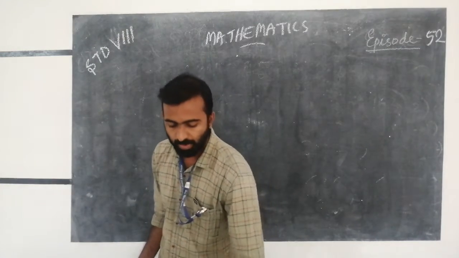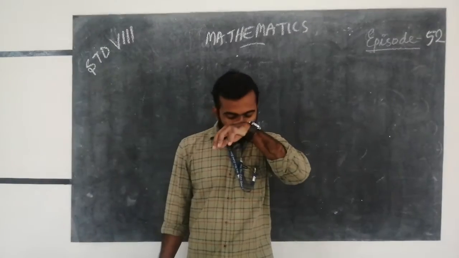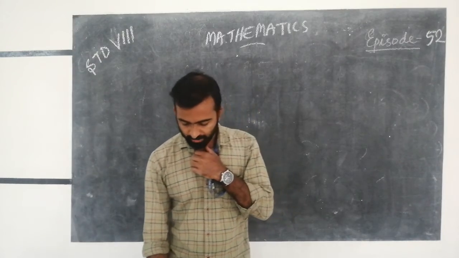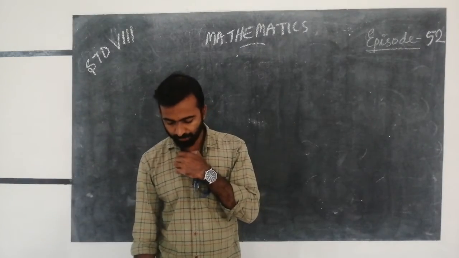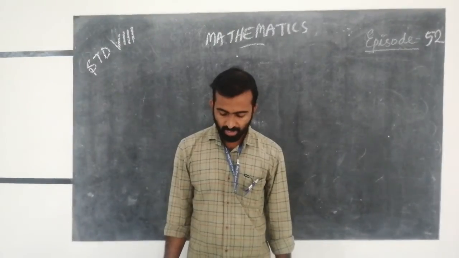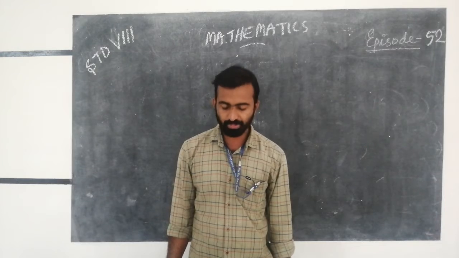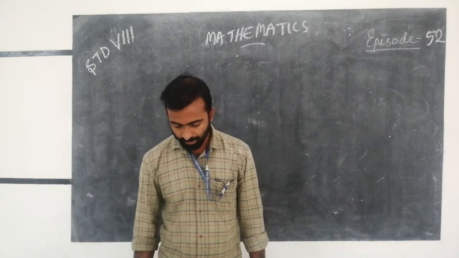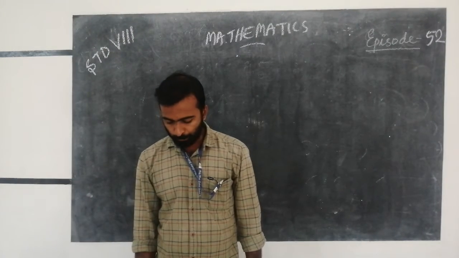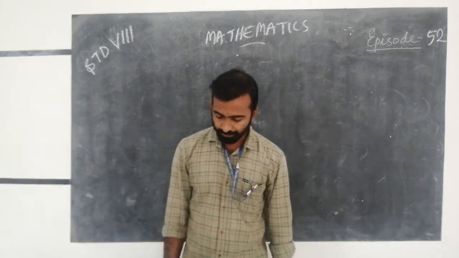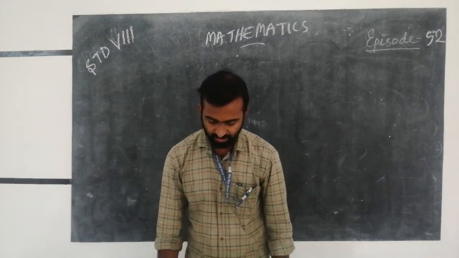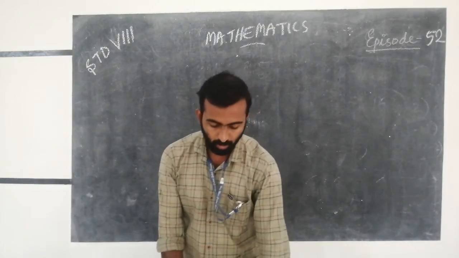That is regular polygons. A prism is a polyhedron whose base and top are parallel congruent polygons and whose lateral faces are parallelograms in shape. And this is a pyramid, whose base is a polygon of any number of sides and whose lateral faces are triangles with a common vertex.